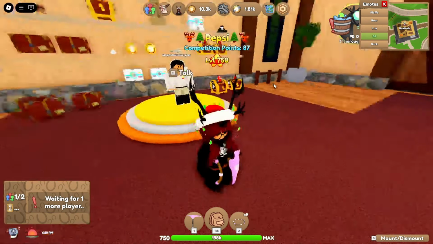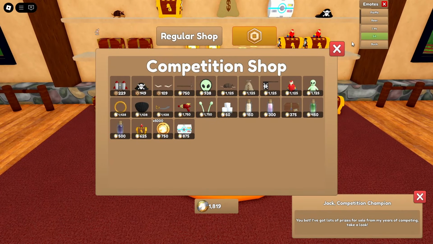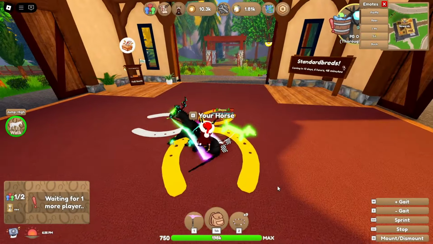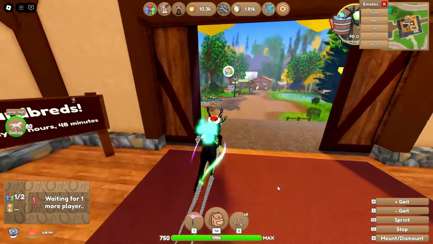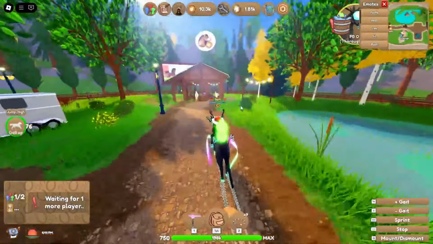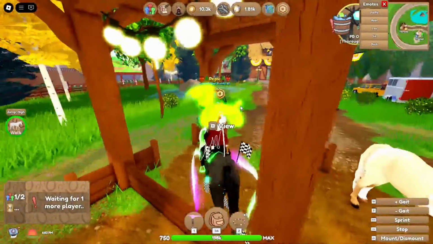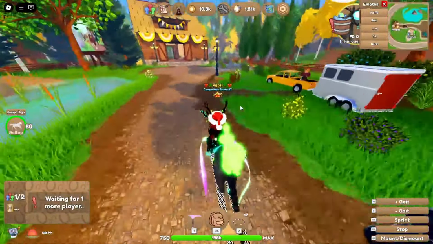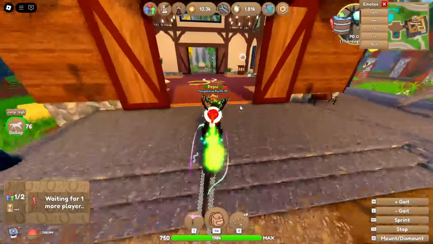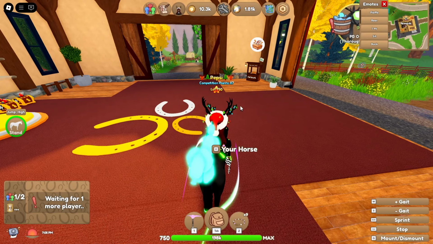Meanwhile, competition tokens can be used in all the purchases we just talked about in Jack's competition shop, as well as to purchase the horses themselves in the horse shop. But yes, that is what you are able to use your competition tokens for. And next, we will go into a public server. Before I do,